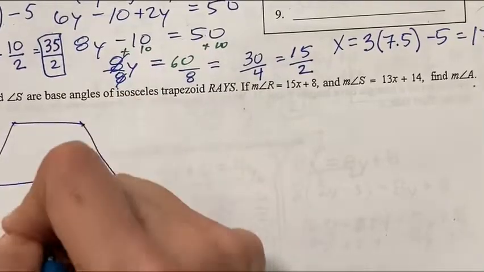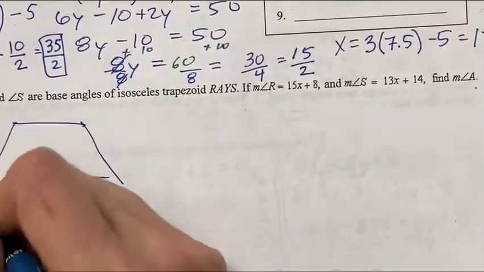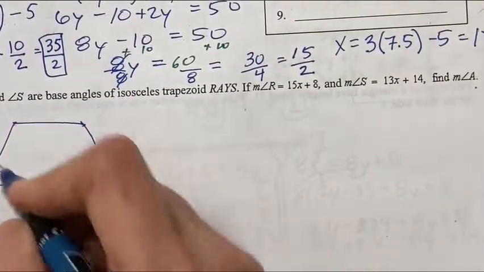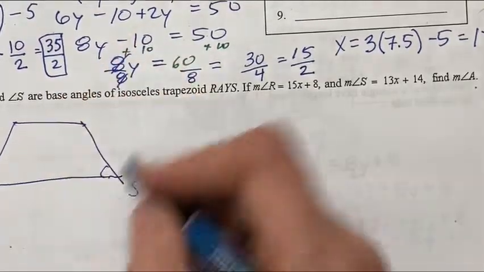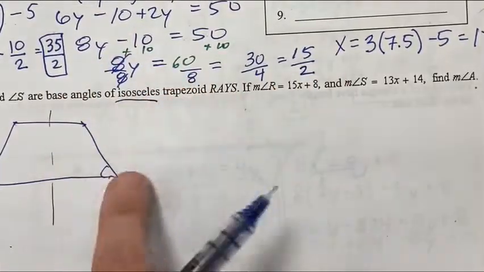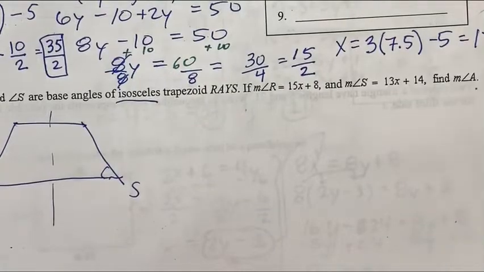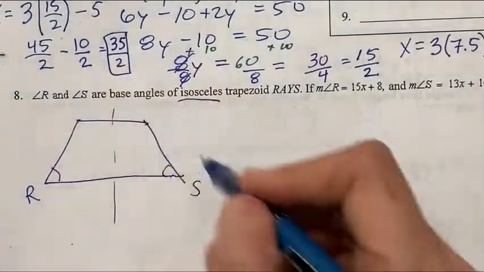So it looks something like your desk. And it says the base angles are R and S. So we know these are on the base, and because it's isosceles, it's symmetrical. So these two would be equal. Now, what else do we know? Well, the trapezoid's named